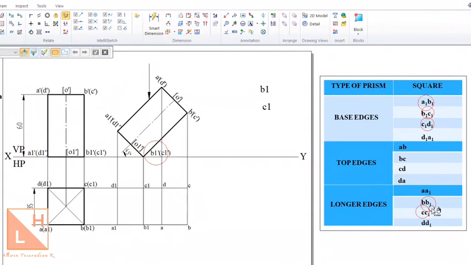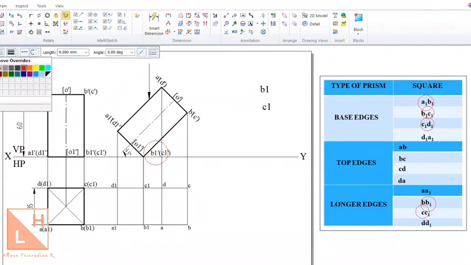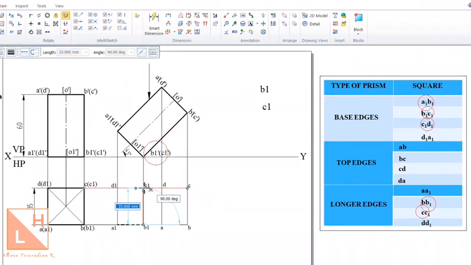Now how do we draw this hidden edge? Now we have identified the hidden edges. We can draw them with the help of a dotted line, because we need to differentiate the visible edge and the hidden edge. So a hidden edge will be drawn with this dotted line, and check for A1B1 and join it with a dotted line. Repeat the same for the edges that we have identified as hidden edges here: B1C1, C1D1.